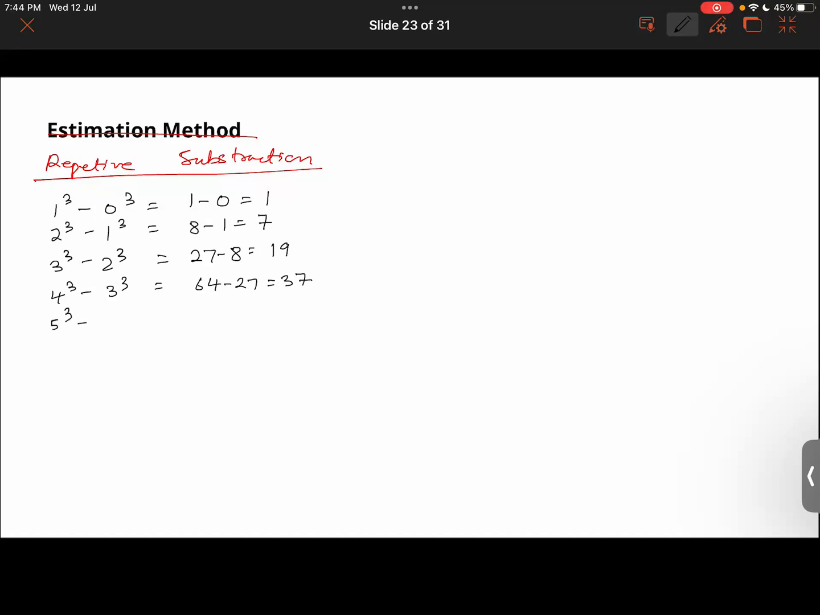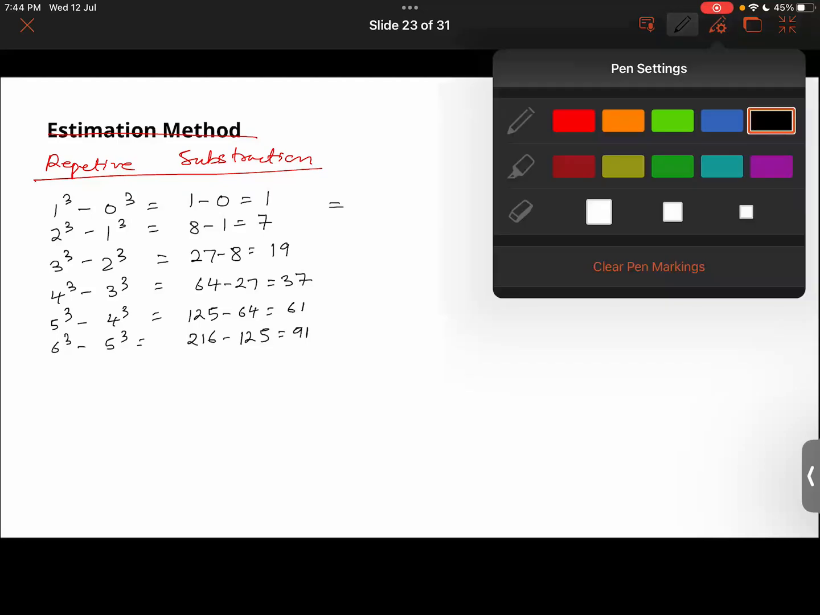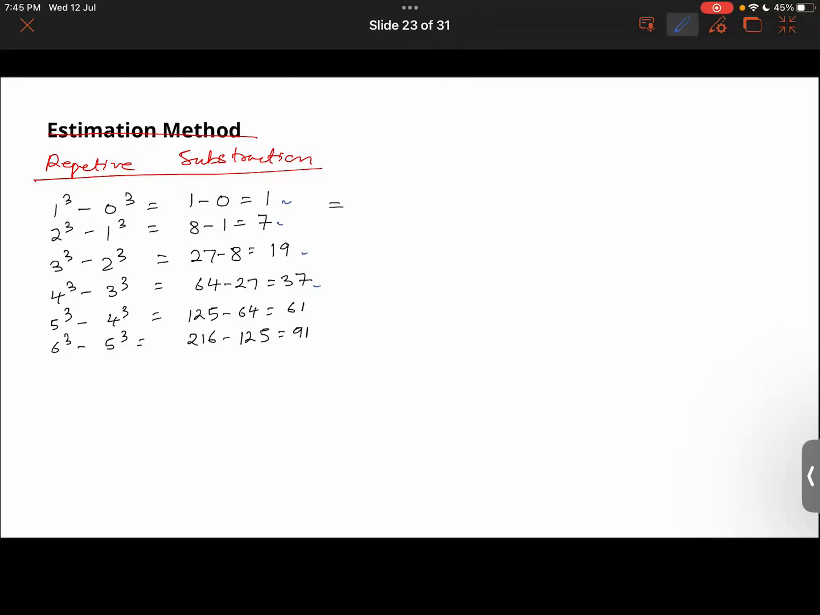And 5 cube minus 4 cube. That is 125 minus 64. That will give me how much? 61, isn't it? Right. Then you have 6 cube minus 5 cube. That is 216 minus 125. That is equal to how much? 91, isn't it, guys? Yes, sir. Okay, if you see these numbers like 1, 7, 19, 37, 61,